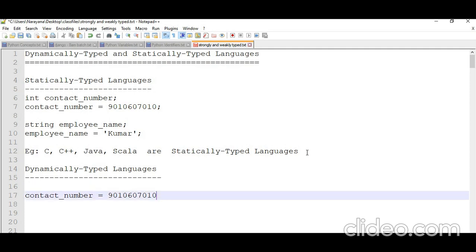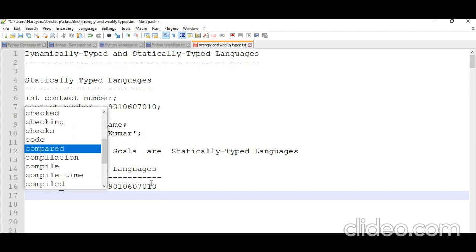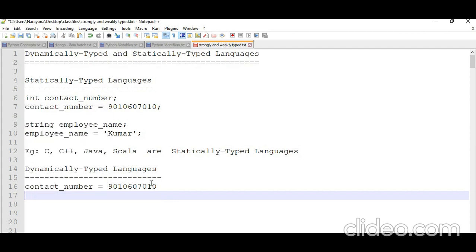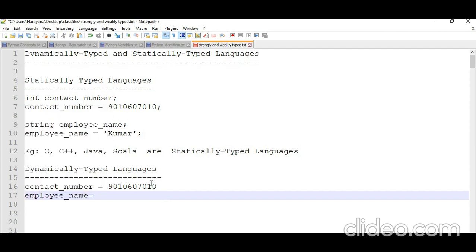Directly we can use the variable without defining or declaring it in advance. For example, I take the same employee name like this.